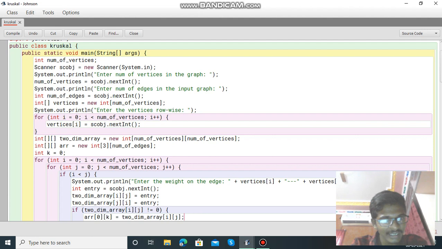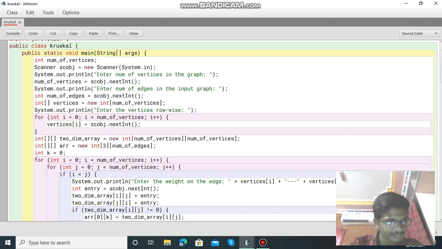Then we use System.out to print the number of vertices in the graph and the number of edges in the input graph. We initialize the number of edges equal to scanj.nextInt(), then we initialize vertices equals to new int[number of vertices], and System.out.println to enter the